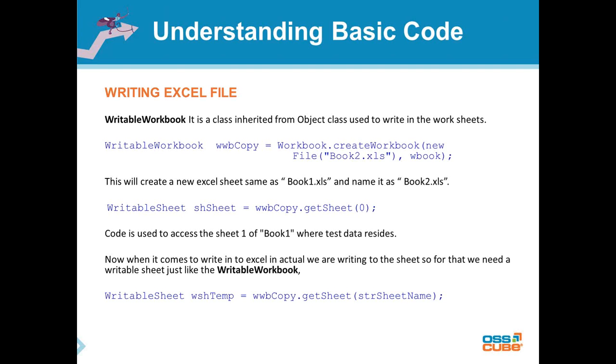Now I have accessed the workbook, writable workbook. We will move to the writable sheet. So for that, we will call the method getSheet, and here also the 0 is representing the first sheet, and we can also pass the name of the sheet like login and register in double quotes. So moving forward,